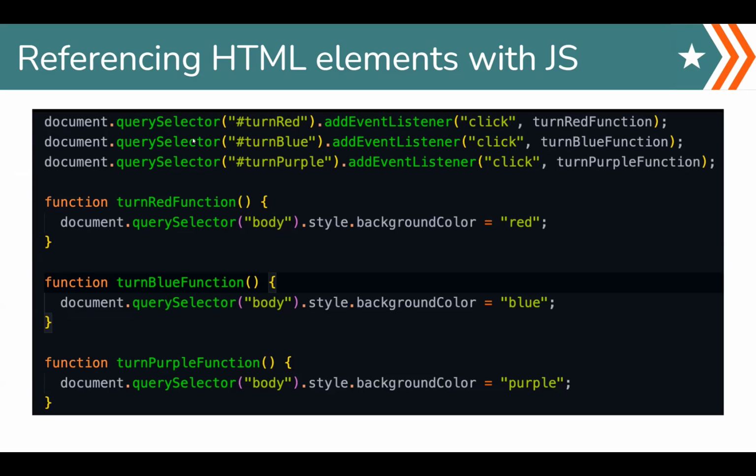So this line is grabbing a selector, as you guys already know, is your element, very similar to the syntax of CSS, right? The selector. And we're grabbing a selector that has the ID called turn red. And then after we grab that, we append this other method that comes with it. And this method is called add event listener. And reading this, what do you think this is doing?